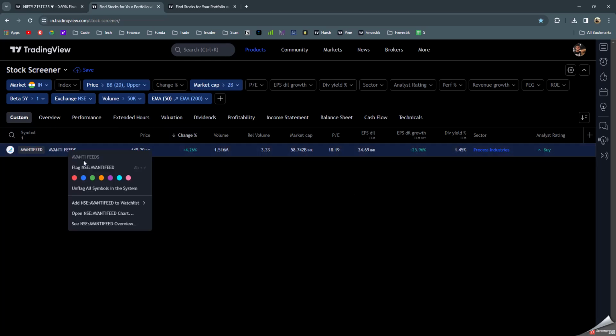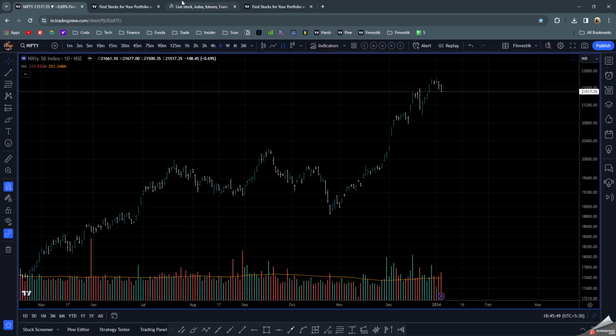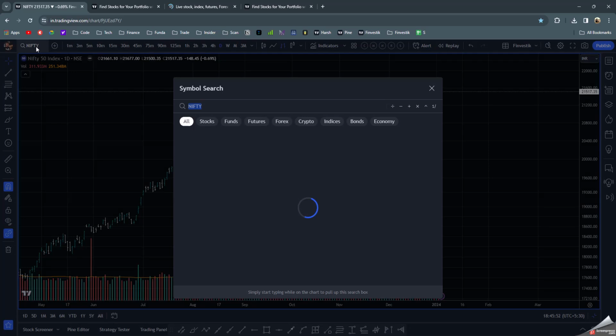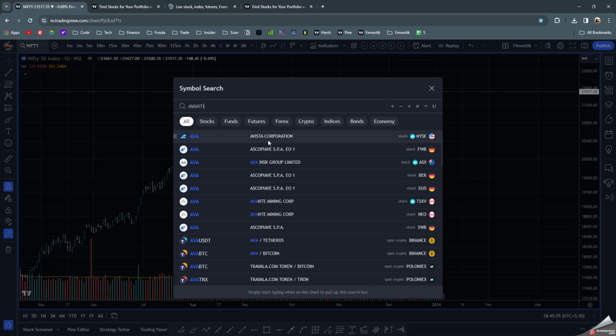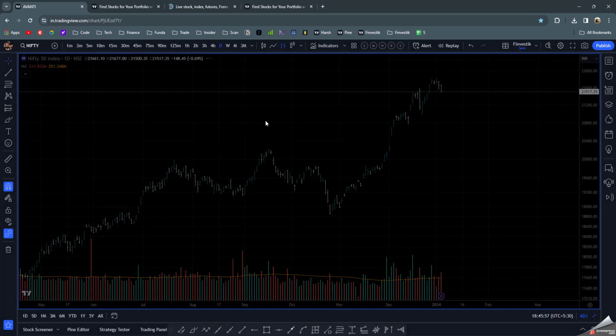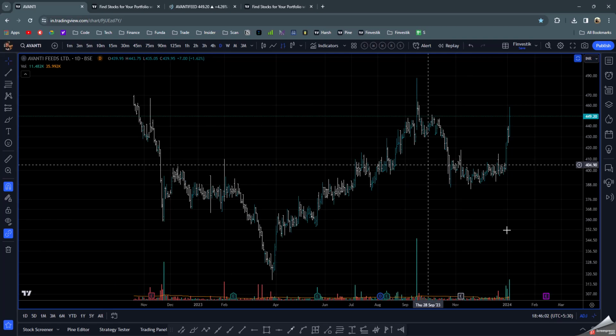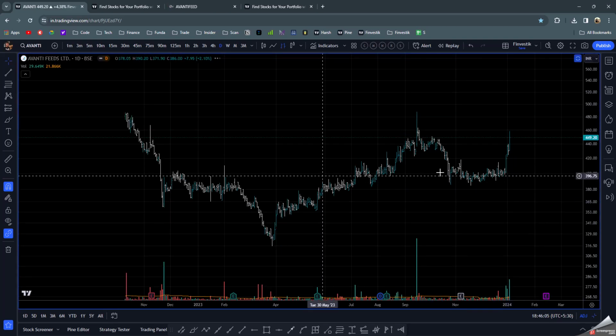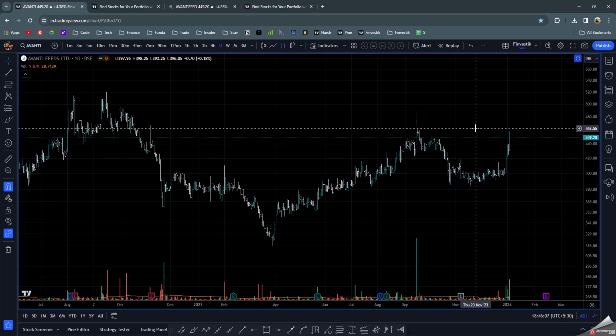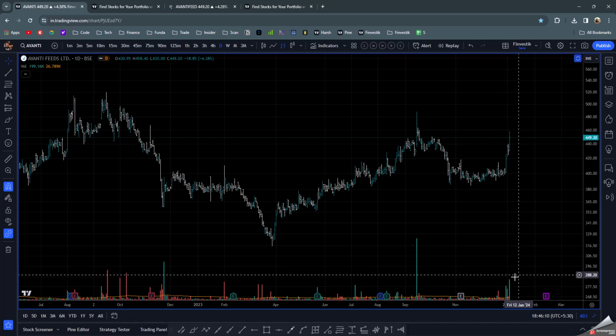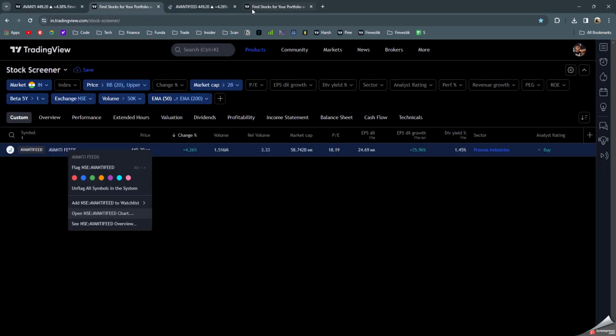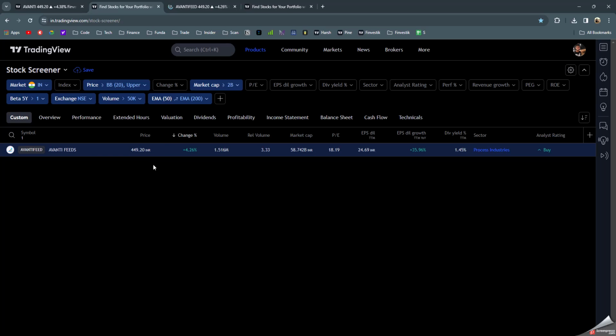You can go and check this. If I open the chart of that, or let's say open up the same chart here, you can check how the stock looks. As for the basic analysis, that stock is coming out of its stage one, and with good volume also. You can keep it on a watch, according to your risk reward and all. We are not going down that path as of now,